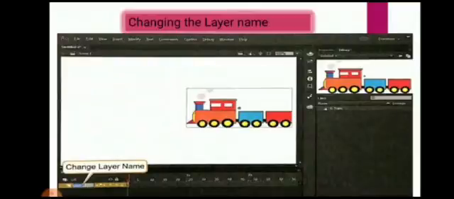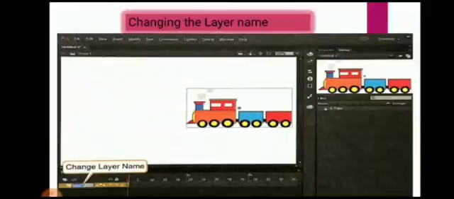First we will draw one object on the stage, then convert it into a symbol and then apply the different tweens on it. For this one, symbols I had saved in the library, that is this train, and the graphic symbol, the name is G train. We will drag it on the stage.